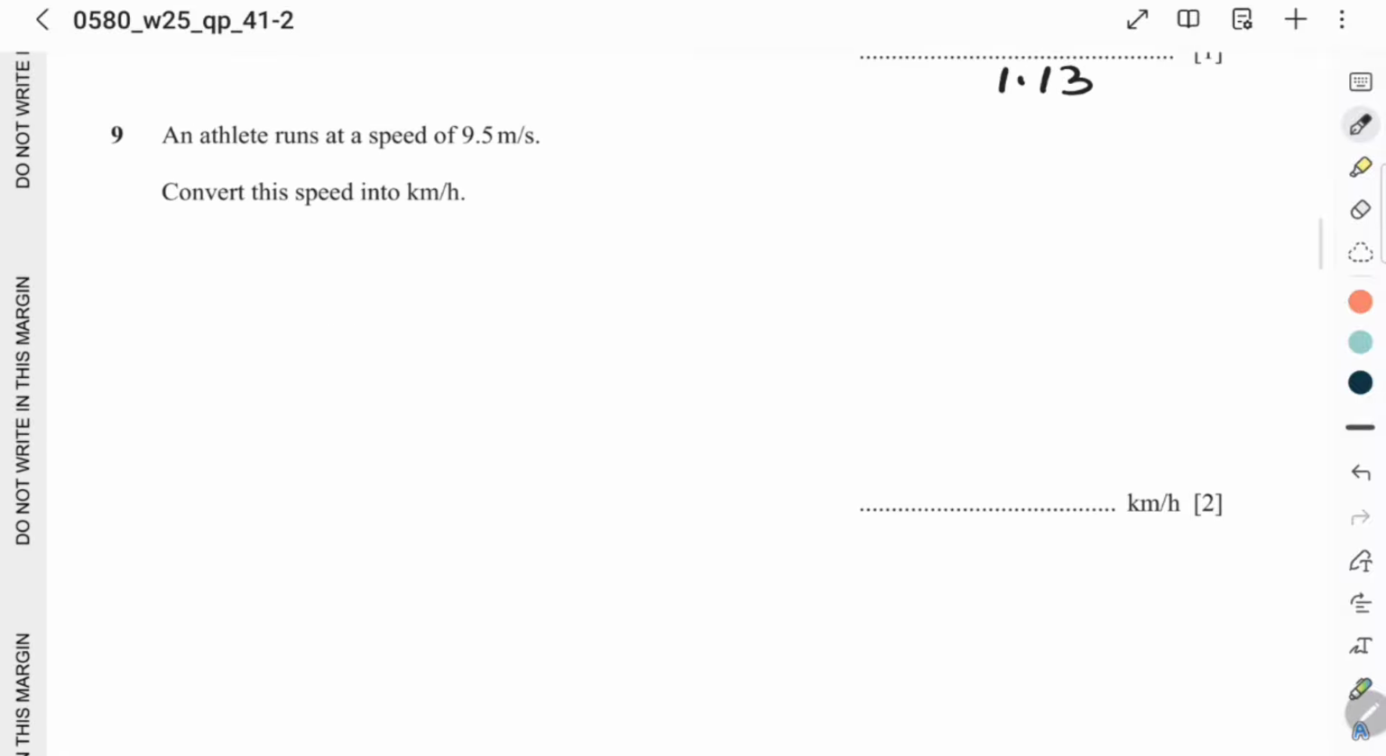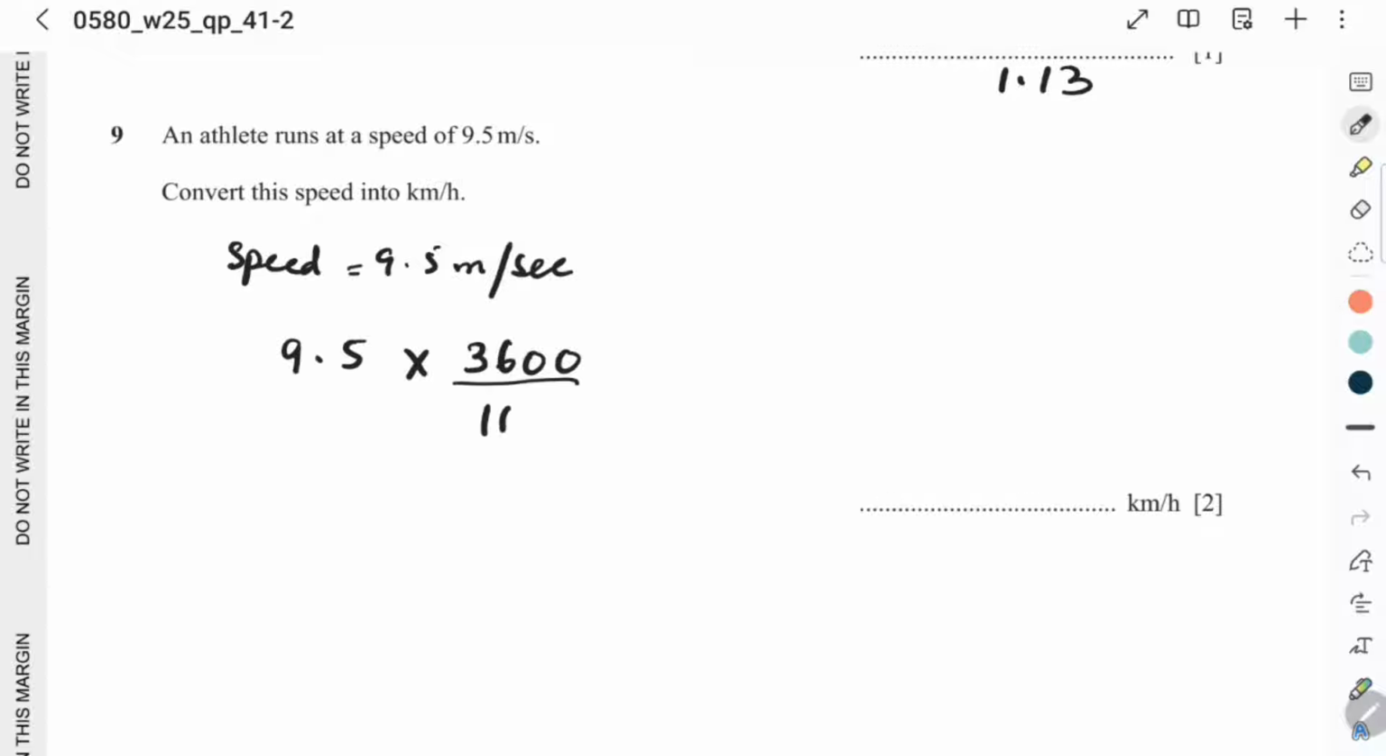An athlete runs at a speed of 9.5 meters per second. They are asking us to convert it into kilometers per hour. So 9.5 times 3600 upon 1000. So that will be equal to 171 upon 5 or